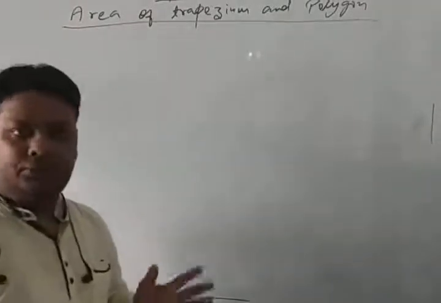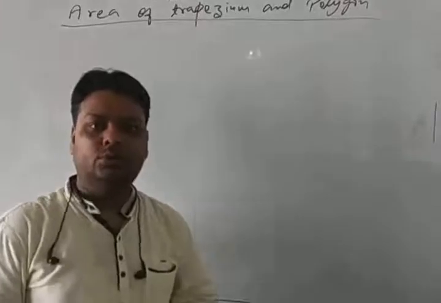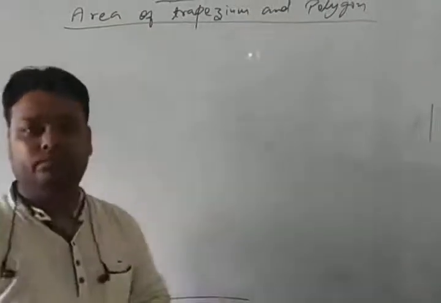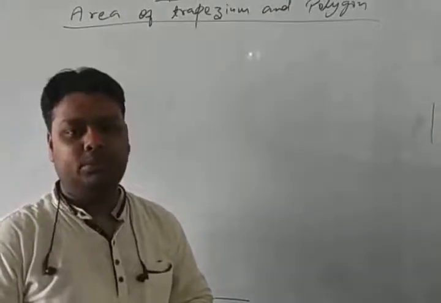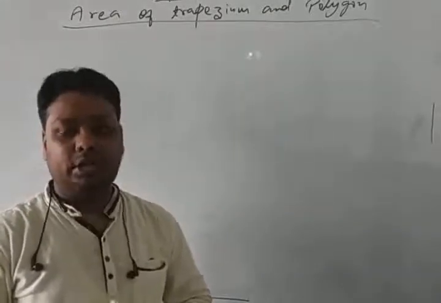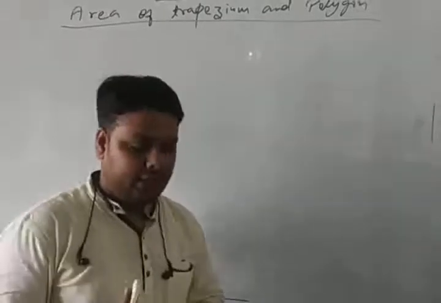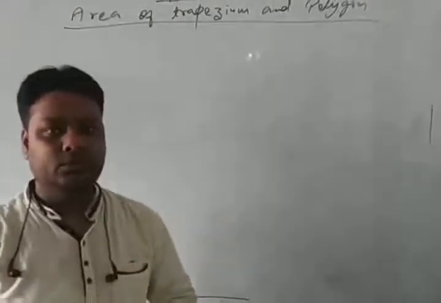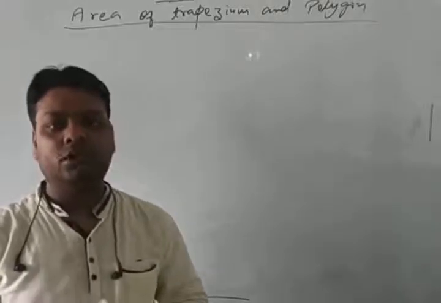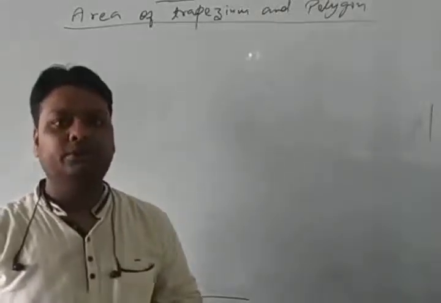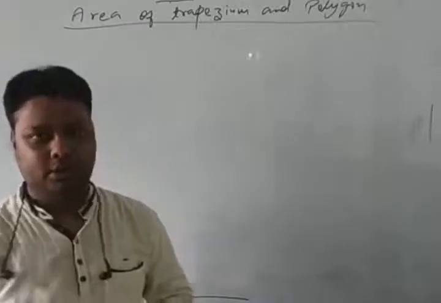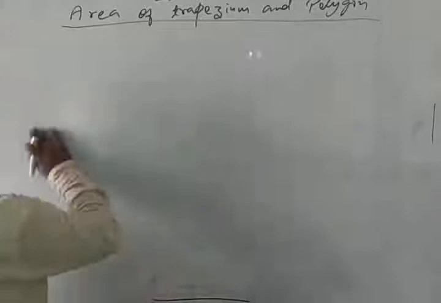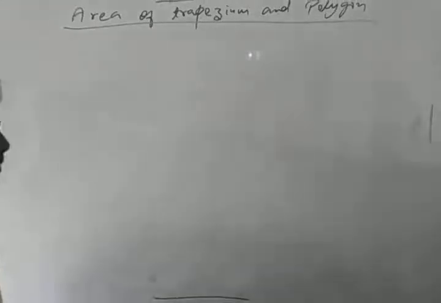It is a geometry chapter. As you know, in geometry there are many shapes. All the area surrounded by four sides is called a quadrilateral. So a trapezium is also a quadrilateral, but it has a different property. Now at first I am writing the definition of trapezium. And it is the first video of this chapter.